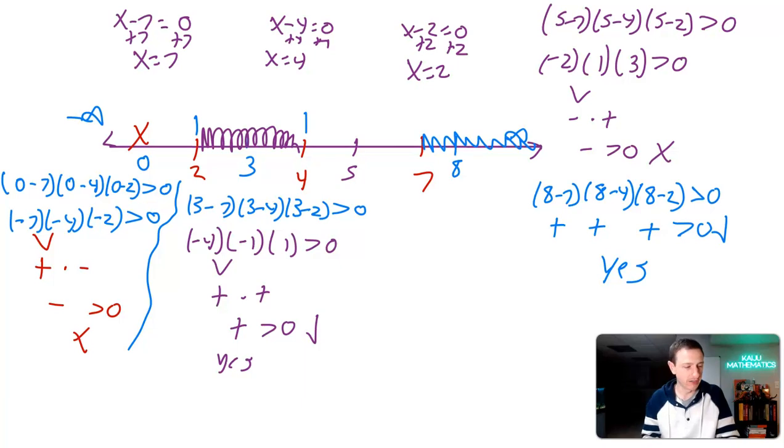Now we want to actually write down our interval because we have a lot of values. Any number between 2 and 4, any number between 7 and infinity. So we have to write this out as an answer. So here's our answer. We're going to write parentheses 2 to 4, parentheses,